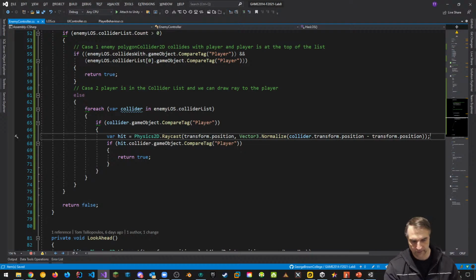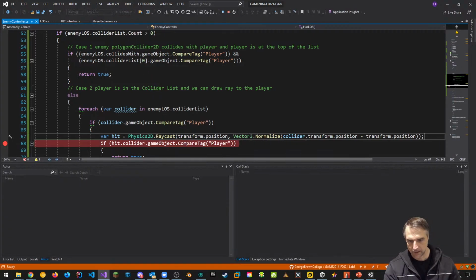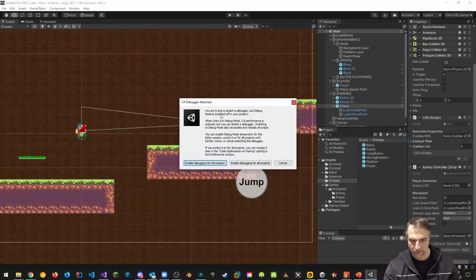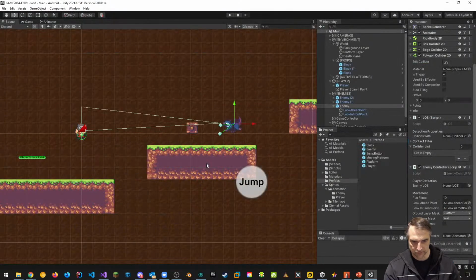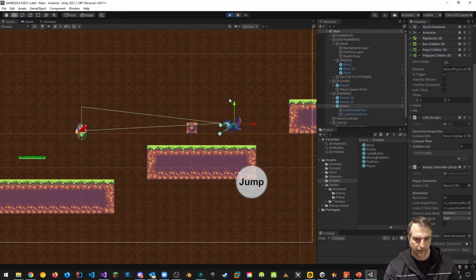Okay, what is the hit? Let's debug that. So this is something we can try. We can try and put a breakpoint. We can attach to Unity. And we can say enable debugging for this session. And then when we press play, then it should